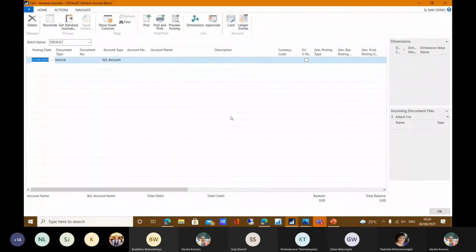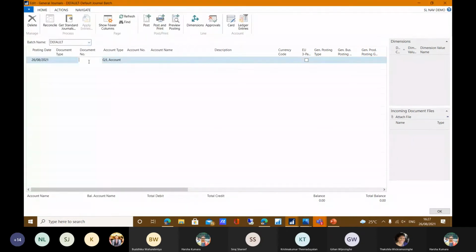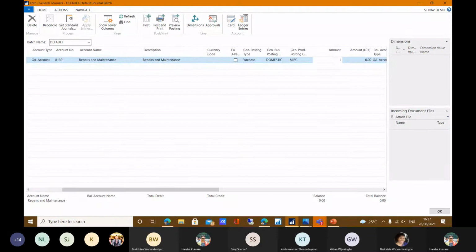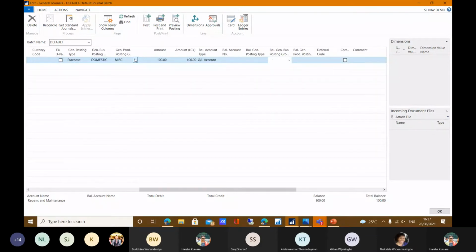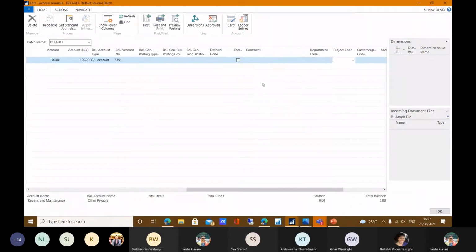In here I am assigning the posting date, and let's say today, and this document type is a JV, and document number, we can assign number series, so we can go directly with document number. Let's say JV 8967, and GL account is repair and maintenance, and a value I am posting 100, and my BAL account can be other payable. Let's say you are posting any expense to the other payable, and I am purposefully not putting my department code and the project code. Now I am going to post.